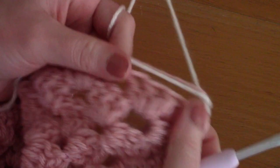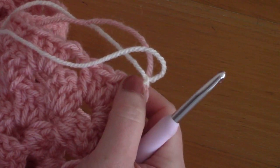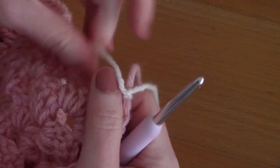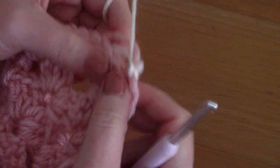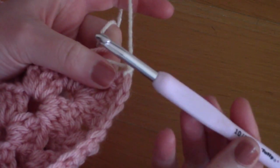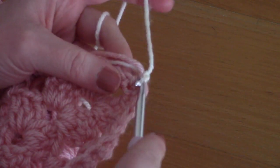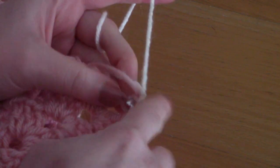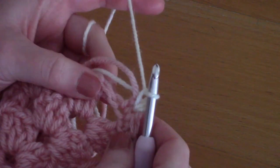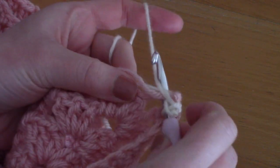So the bottom edging of the cardigan is going to be very similar to what I just explained with the sleeves. So it will be a bit different from that, but I will show you how, but it will be very similar. So with your 6mm crochet hook, attach the cream yarn onto the project on any corner. Then pop your hook through and chain 1, and then just single crochet into the next stitch,